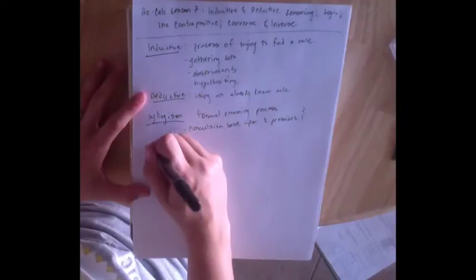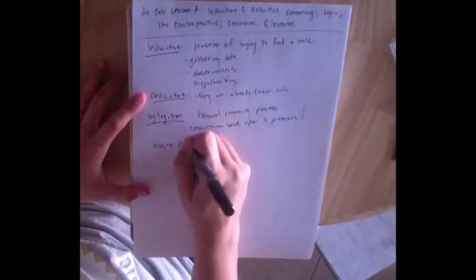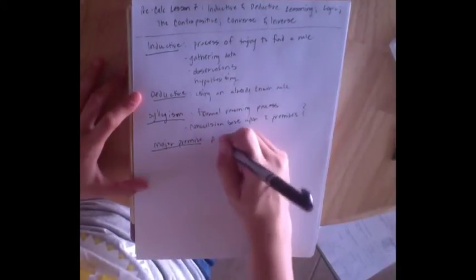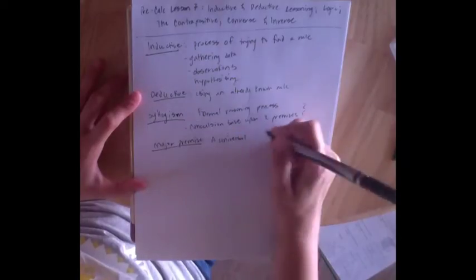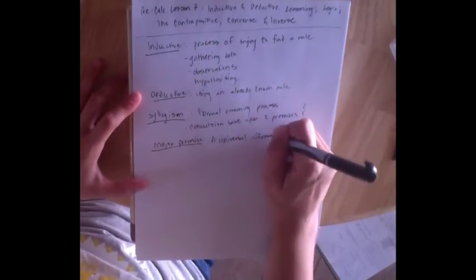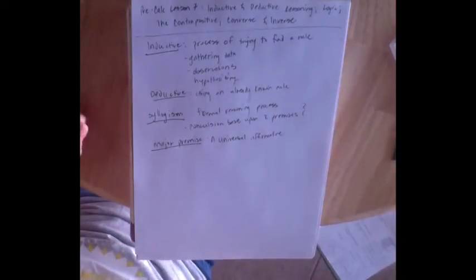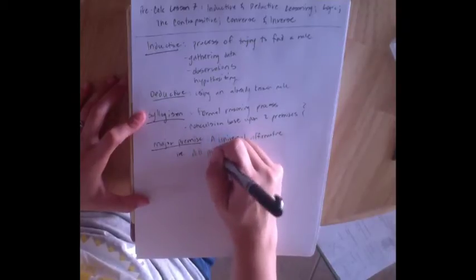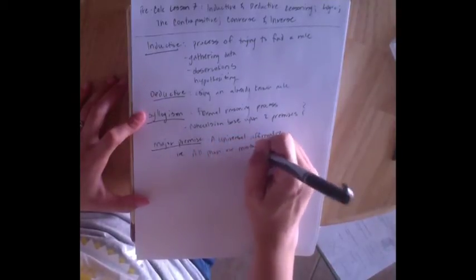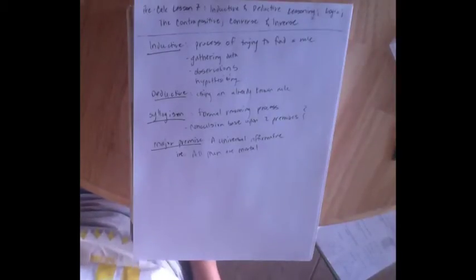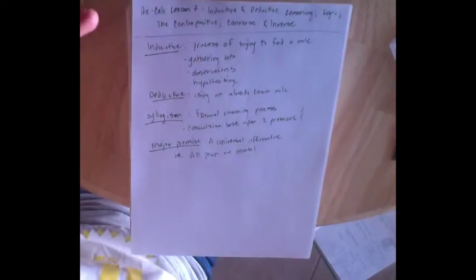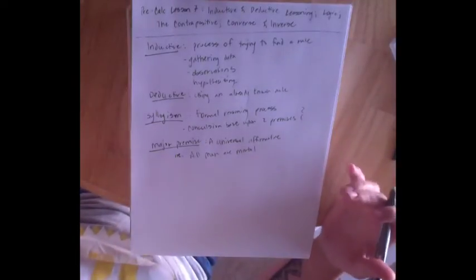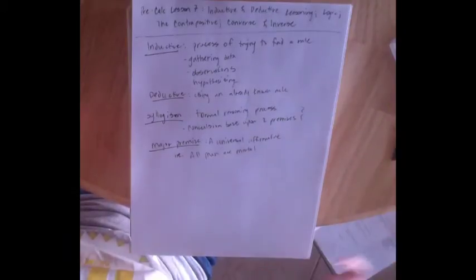Now, the two premises: we have a major premise, and the major premise is a universal affirmative. So, for example, all men are mortal. A universal affirmative, meaning that this is a universal truth that we know. All men are mortal, okay? The major premise is the big kahuna, what we will be relating our minor premise to and everything else in